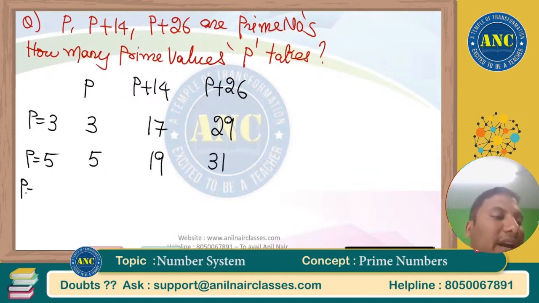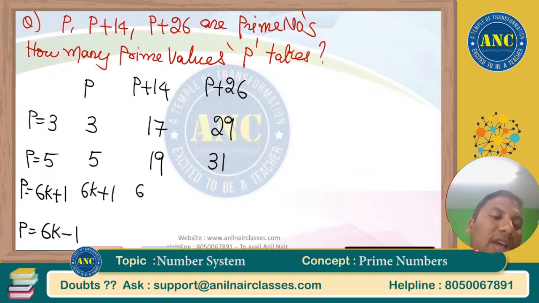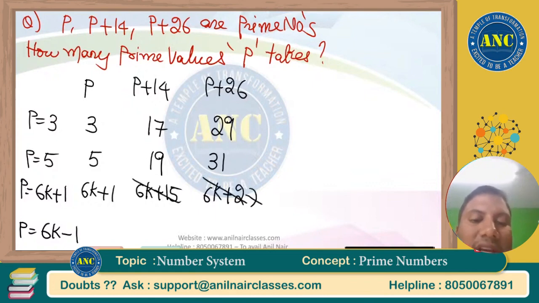For a prime number greater than 5, one is 6k plus 1, another is 6k minus 1. If I take 6k plus 1, then 6k plus 1 plus 14 is 6k plus 15, and 6k plus 1 plus 26 is 6k plus 27. These are divisible by 3. Now 6k minus 1,